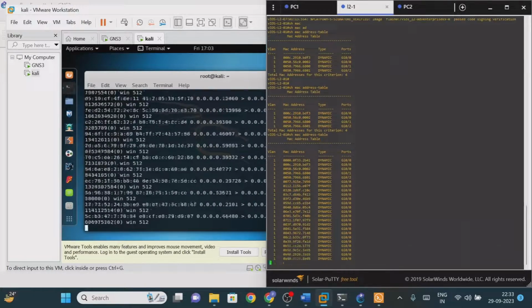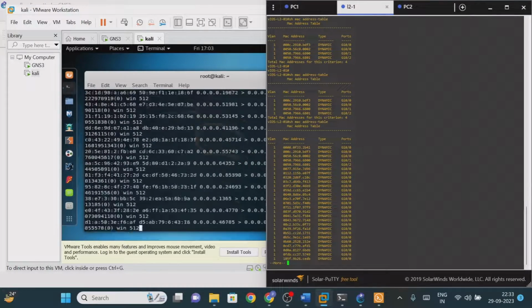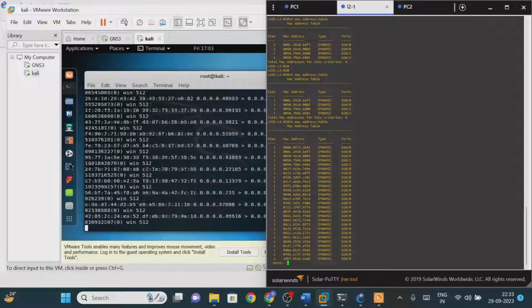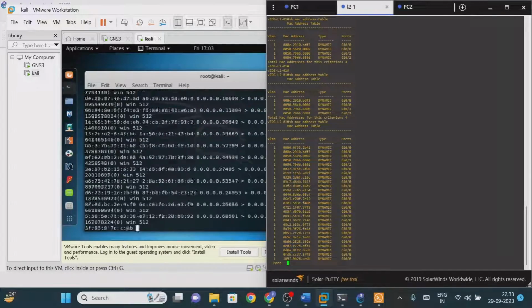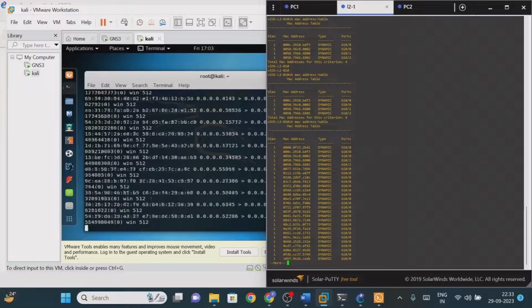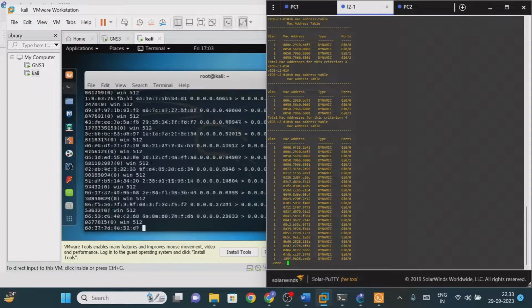See that it is generating, it is injecting, and keeps on injecting, so that we are performing the MAC address flooding attack, right? Now due to this, what will happen? There will be a denial of service, right? Now how to mitigate this attack? In the previous class we learned about the port security concept, right?